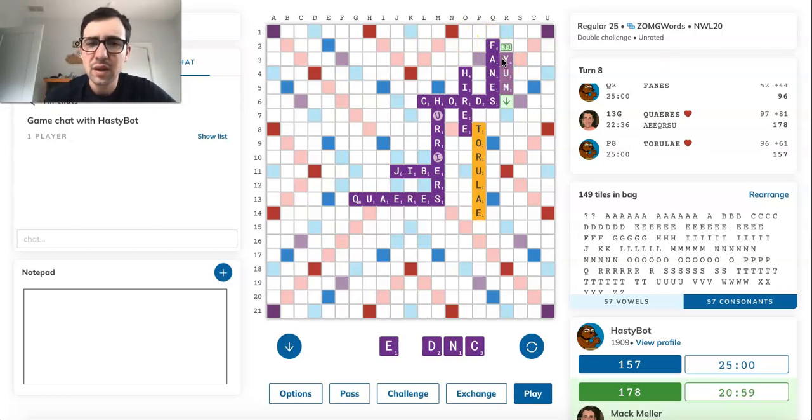That's 39. I guess I need to figure out what kind of leave I want to keep here, right? Do I want to keep a bingo-y leave, in which case I should probably play Yum, or do I want to play something that keeps more of a scoring leave? I probably want to keep more of a scoring leave. This is not a great board for bingoing, and in Giant Scrabble, definitely the value of bingos over scoring plays is much less. So I think I should probably...